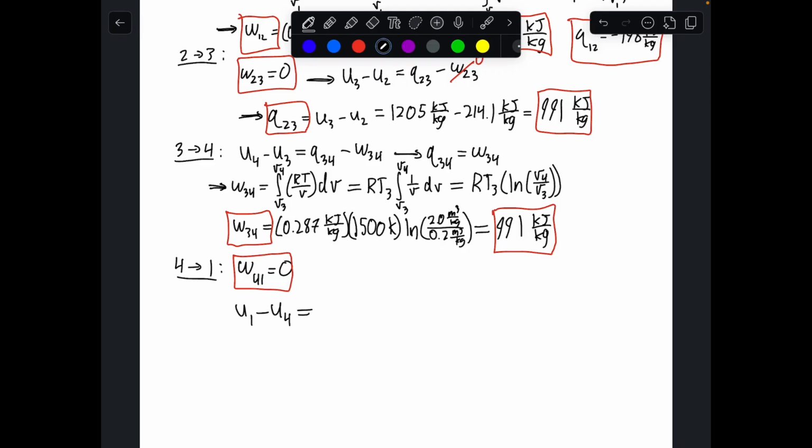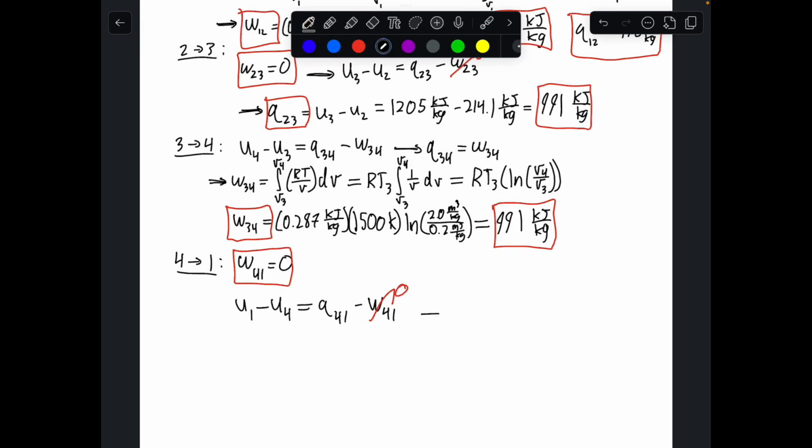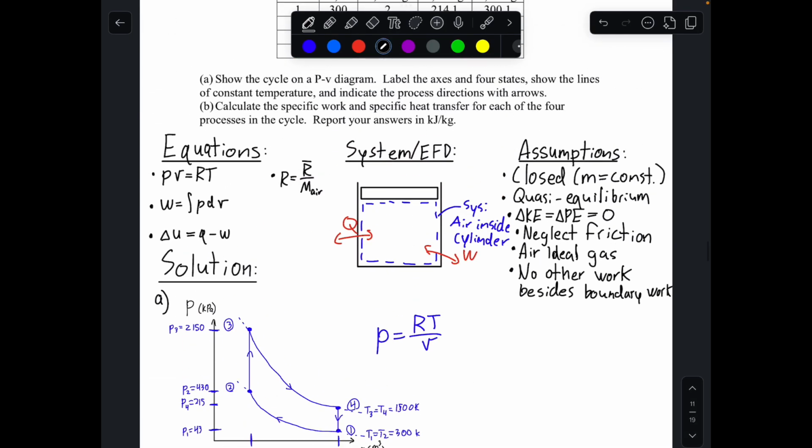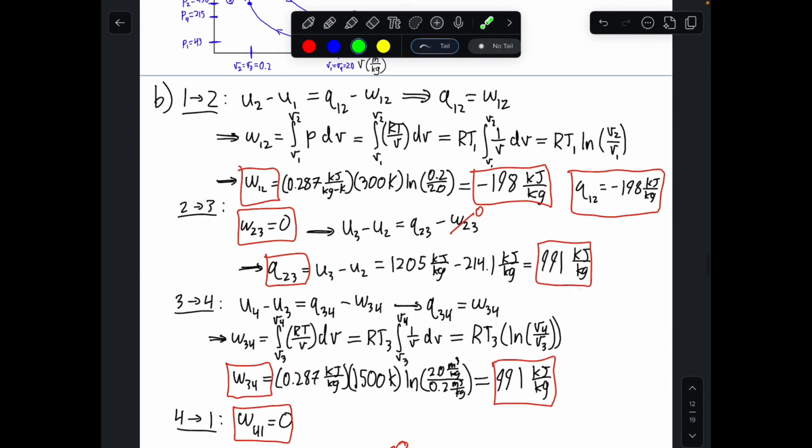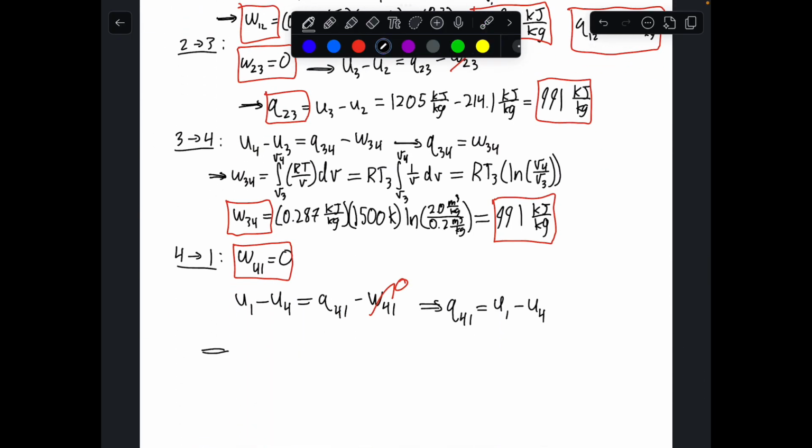So U1 minus U4 should be equal to this heat transfer from 4 to 1 minus the work from 4 to 1. But again, this work is 0, as we just found from our PV diagram. And so we are just left with our heat transfer from 4 to 1 should be equal to our internal energy at 1 minus our internal energy at 4. And we can just get those values again from the table. U1 is 214.1 and U4 is 1205. So we should get that our Q from 4 to 1 should be equal to,